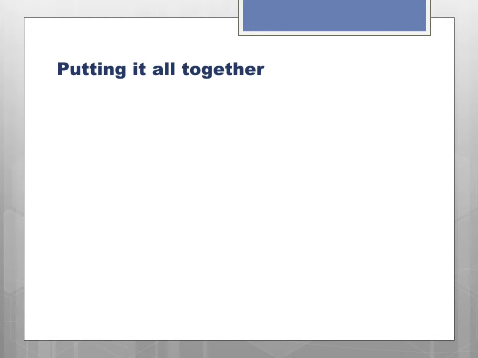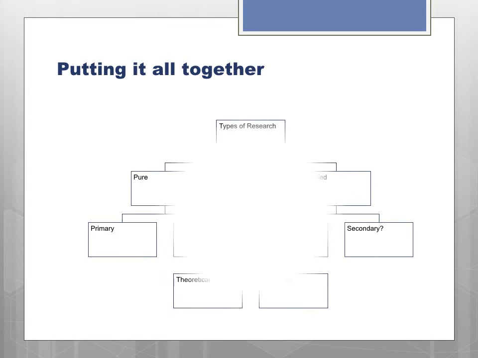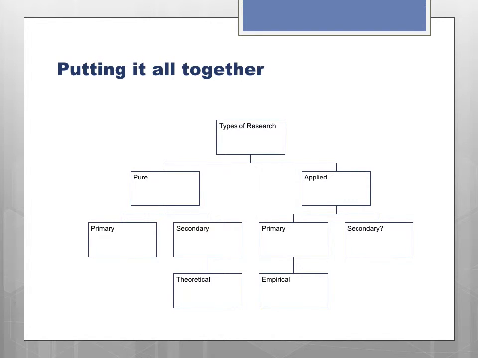So putting it all together, let's take a look at the hierarchy of how this works. We have types of research that are on a spectrum. And maybe you can see this mouse, and maybe you can't, but I'm pointing at the pure side of things. So the pure side is defined as the bench research. It's defined as the research that we do to find information, but for no specific purpose or specific reason,